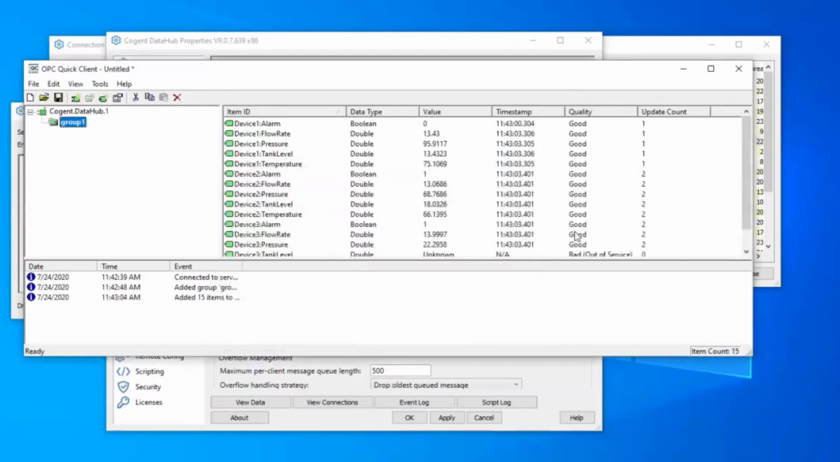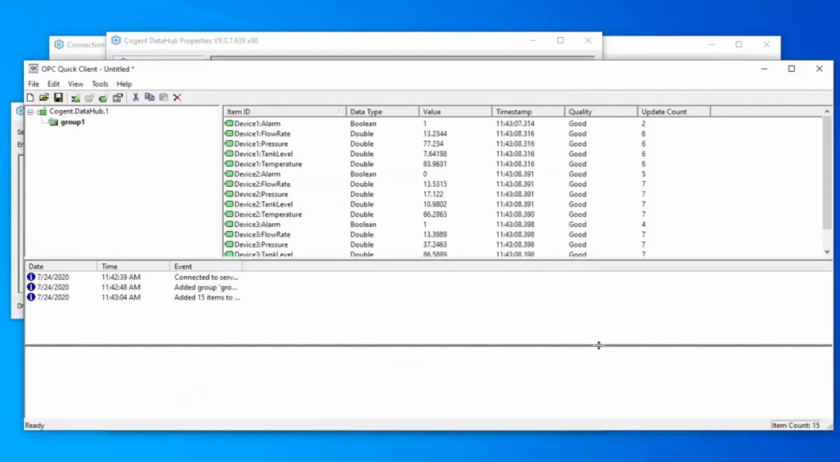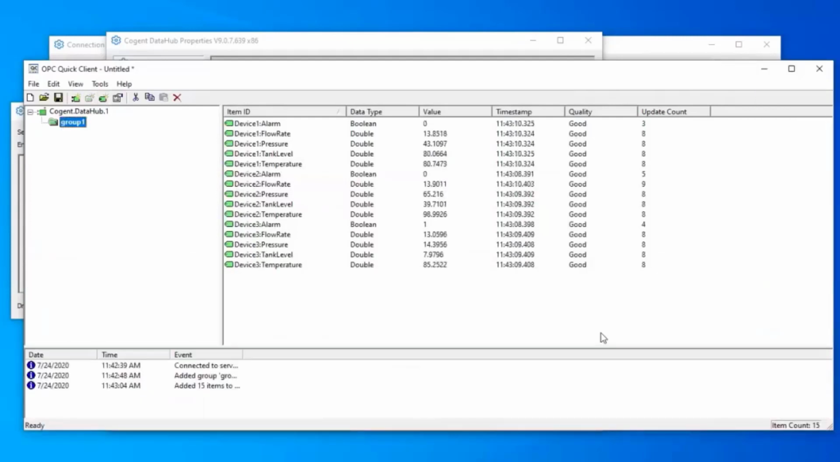If I click OK, again, because the data hub supports server, OPC DA server, OPC UA server, we can serve this up to pretty much any HMI or SCADA system that supports any of the OPC protocols. So all this data could be fed right into there directly from MQTT client-enabled devices that are maybe